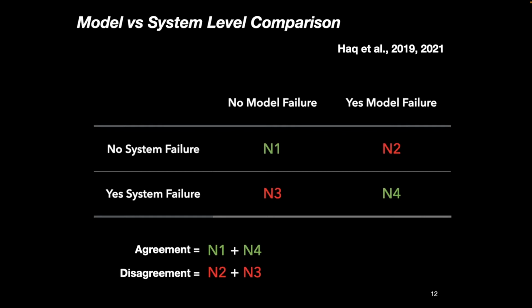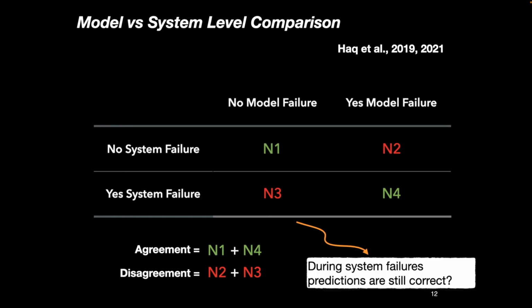By reading this paper, I was quite surprised that the biggest number in the table was in position N3, which essentially means that when the system oracle fails, when the car is going out of the road, the model level failure is low. It means the predictions are actually correct when the car is going out of the road. How can it be possible? So we tried to